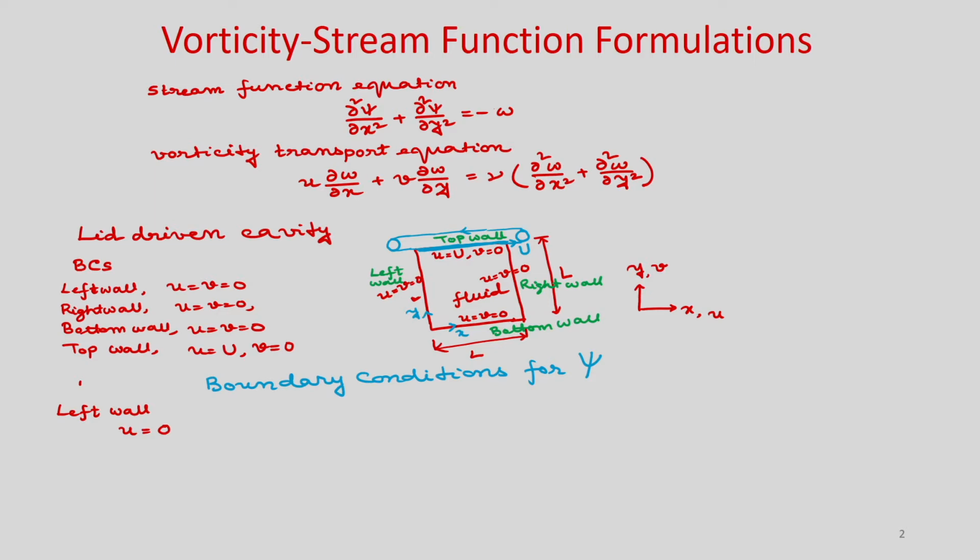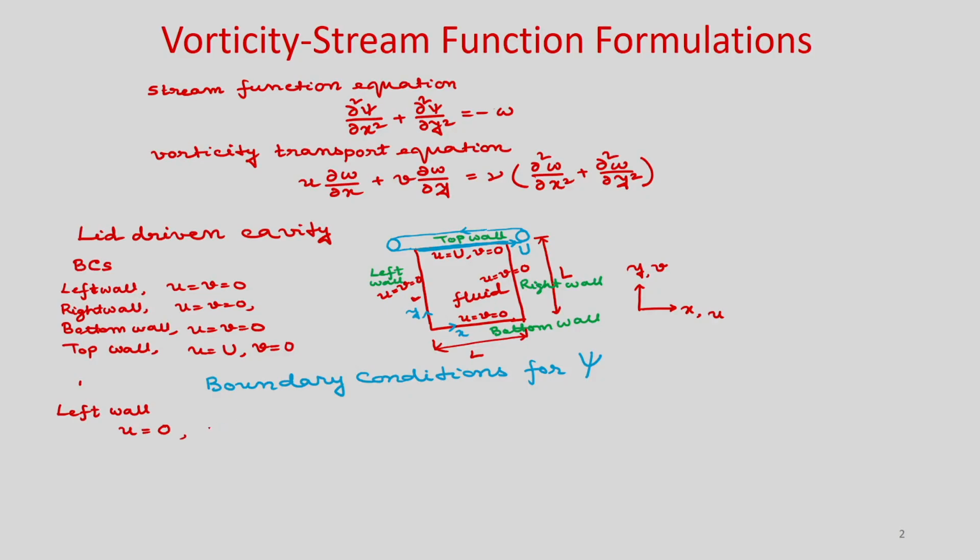Now you write u in terms of the stream function. So the gradient of the stream function with respect to y will be 0, that means del psi by del y will be 0. You can see this is your y direction, so along this the gradient of psi will be 0. What does it mean? It means psi is equal to constant, let us say some constant C1.